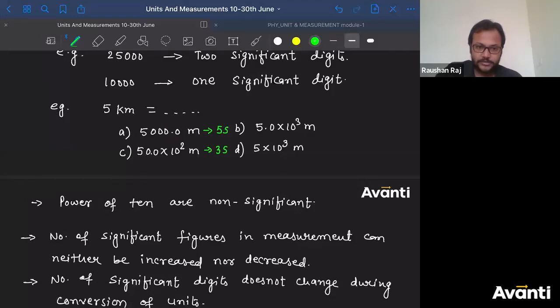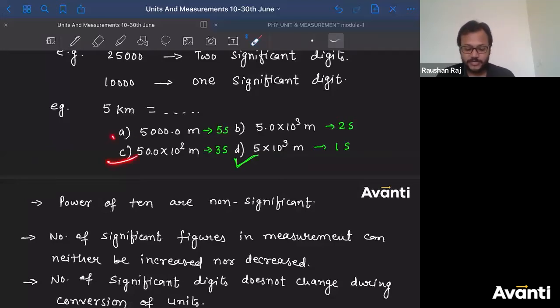Now what about this one? So I'll say 1, 2. So 2 significant digits. What about this one? This has only 1 significant digit. Now what was the actual number of significant digits in this one? 1. So what should be the number of significant digits in meters also? It should also have only 1 significant digit. So the correct answer will be option D. However, when you compare the value, you will say, sir, all of them are correct. But if you want to express it in a better way in terms of measurement, this will be the correct answer. Guys, did you understand this?